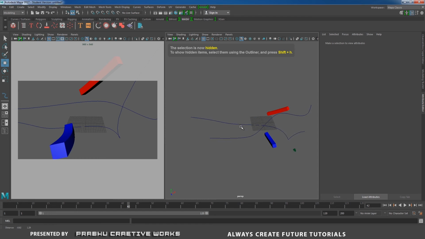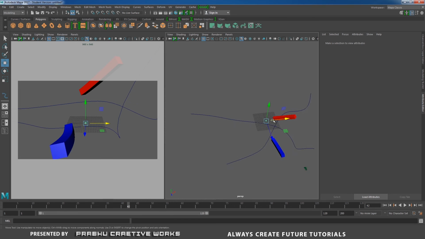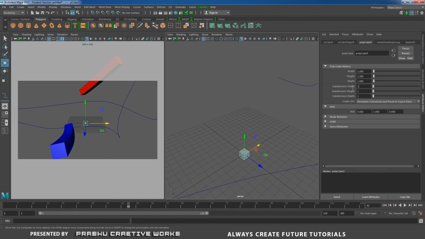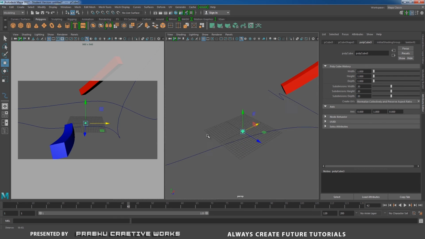Now I want to make animation for this curve. Same thing, go to polygons, create new polygon, polycube. I will go to polycube and give subdivisions to 20, 20 and 20, and press enter.